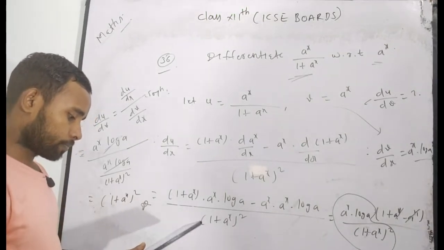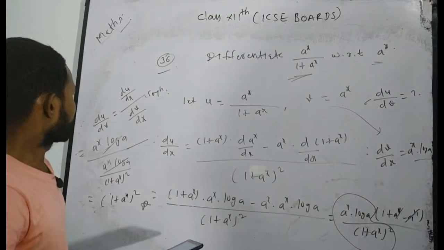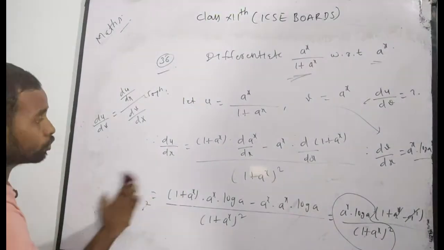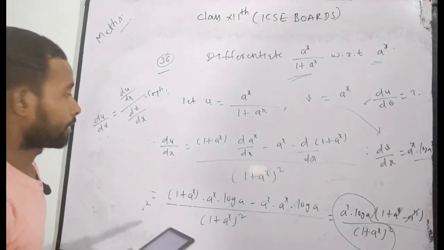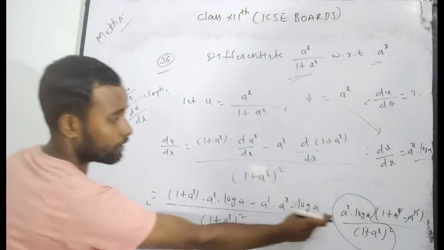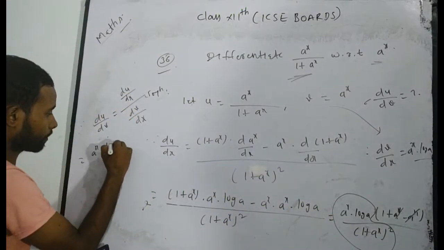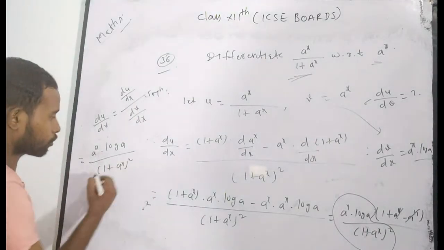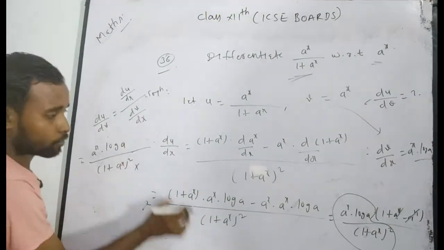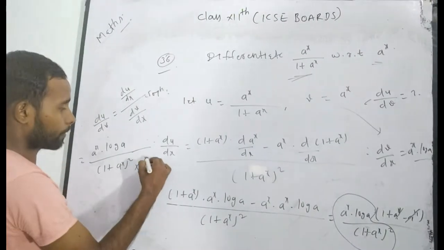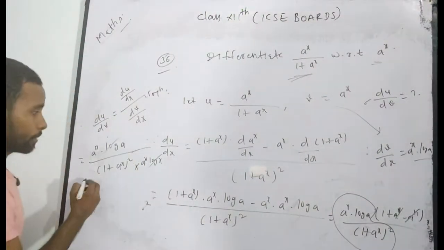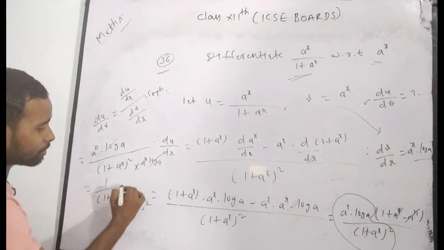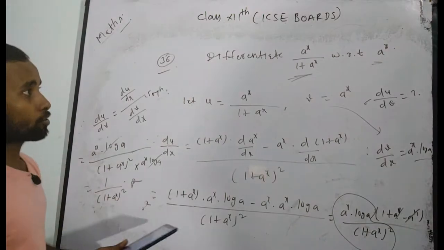Now, sorry, I have written it the wrong way, because du/dx is equal to this term. du/dx is equal to what? a to the power x into log a, by (1 plus a to the power x) whole square, by dv/dx. What is the value of dv/dx? a to the power x into log a. Now its answer will be log a. Finally you will get 1 upon (1 plus a to the power x) whole square. This is your correct answer of this question.